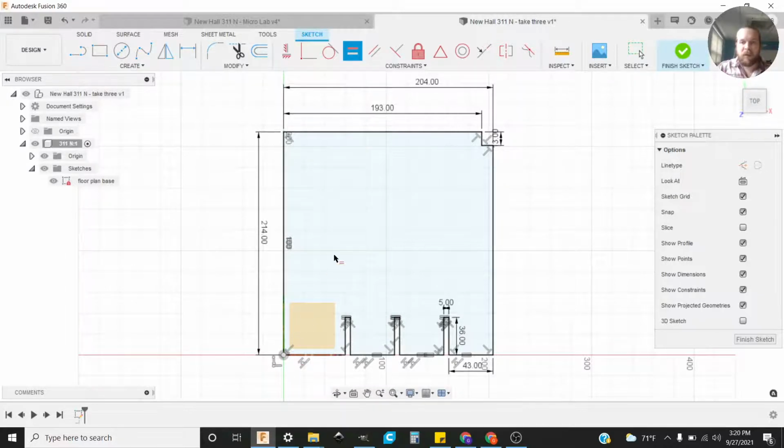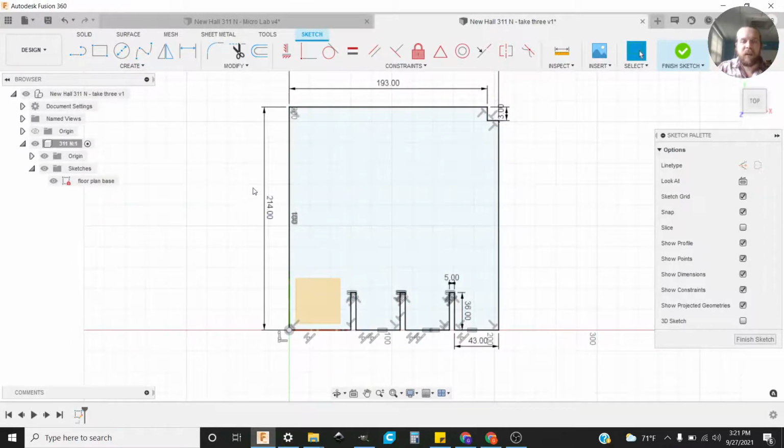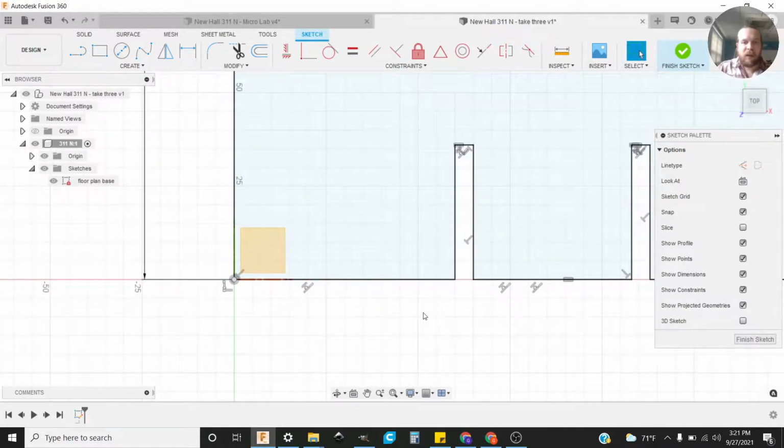All right, there's one more thing I'm going to put on this floor plan sketch, and it's the door. And so I'm going to put the door in, and then we'll be done for today. And we'll come in next week, and we'll put in the walls. So the door is a 36-inch door width. It's in this area here, and I'm going to grab the line tool, and I'm going to make a